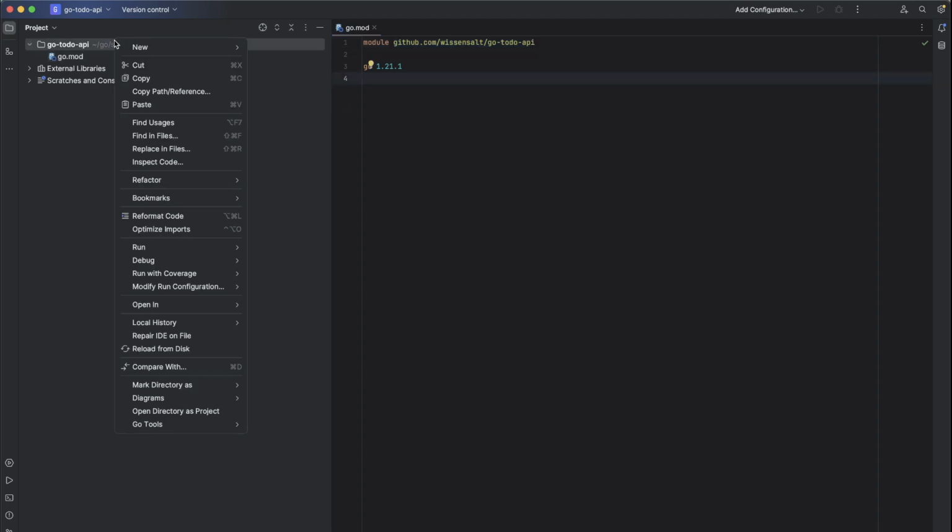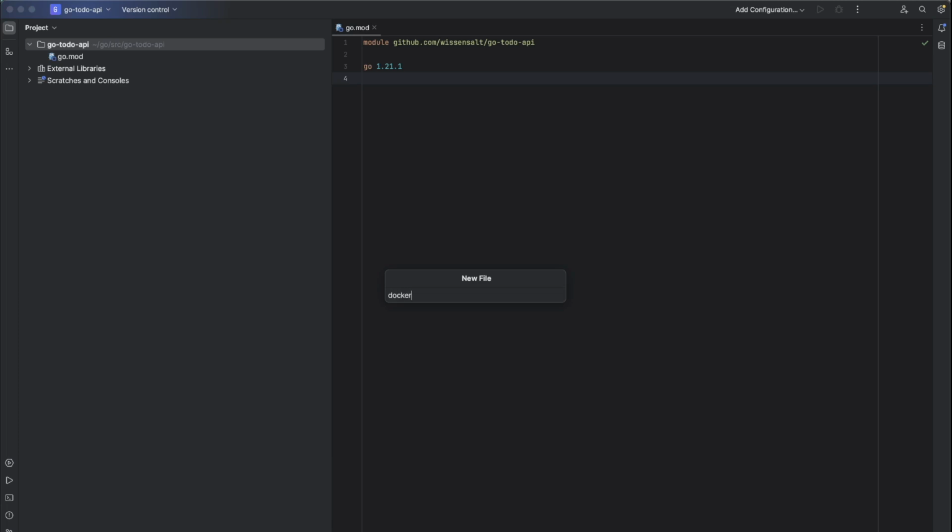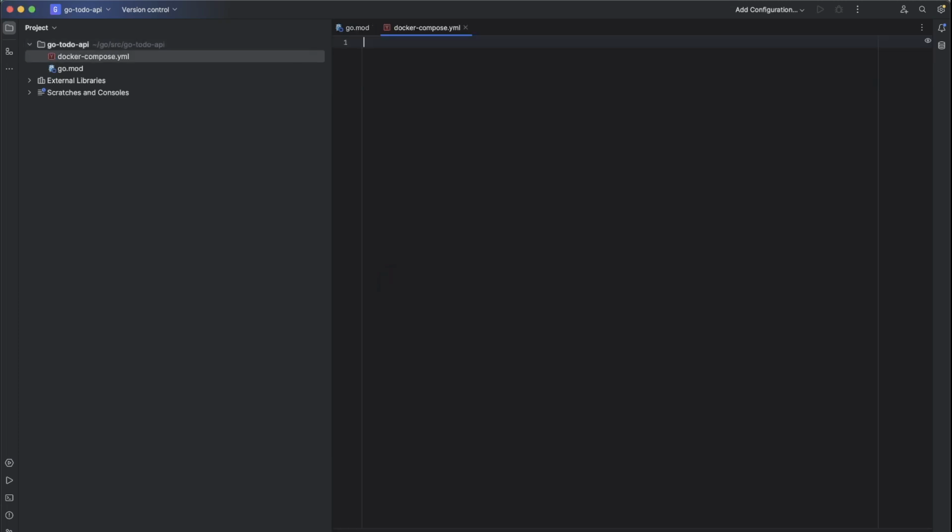Now we will provide our database first via Docker Compose, docker-compose.yaml.